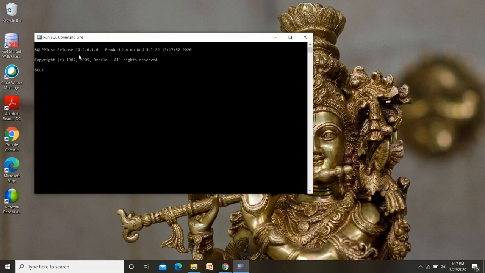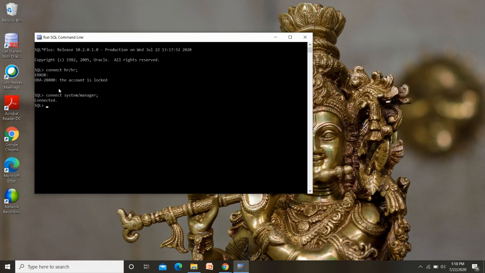The version that you are using is 10, so here it is 10G. Here I am providing connect HR/HR. Account is locked. Okay, let it be. Connect system/ the password that I have given while installing. Now observe, you should get this message called connected. If you get this message connected, it indicates that you have got connected to SQL on your machine.